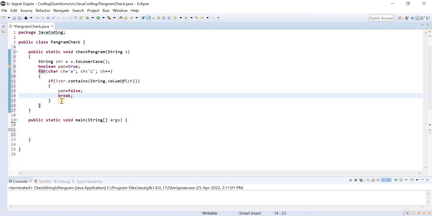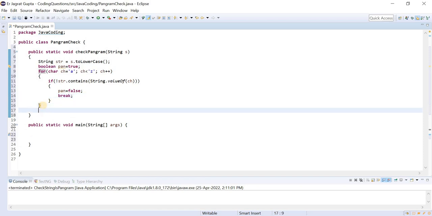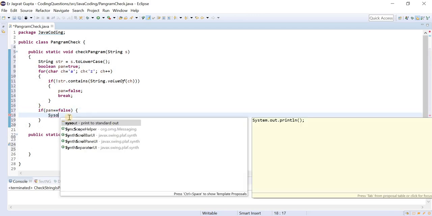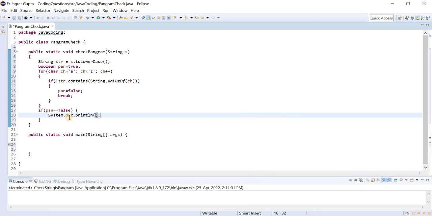There is no need to go further in the for loop. Again we will apply a condition: if pan is equal to false, then we can say the string is not a palindrome, sorry, pangram.